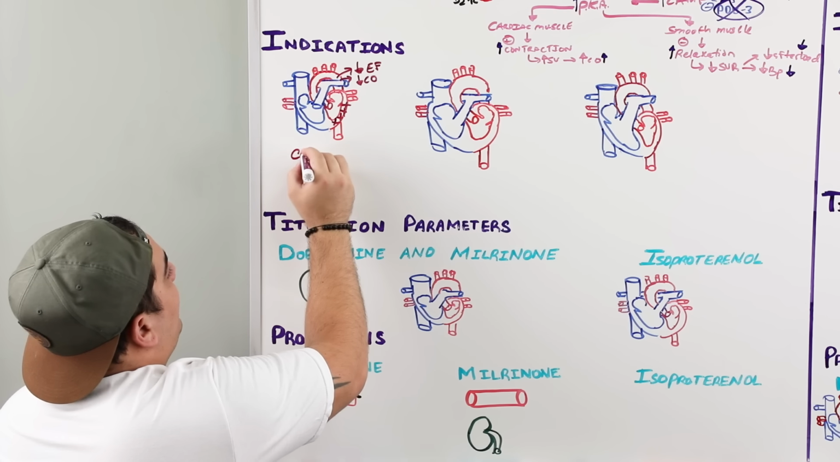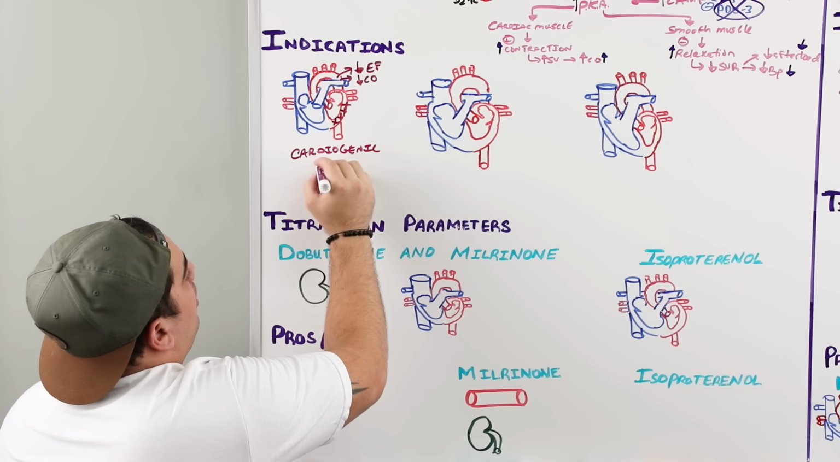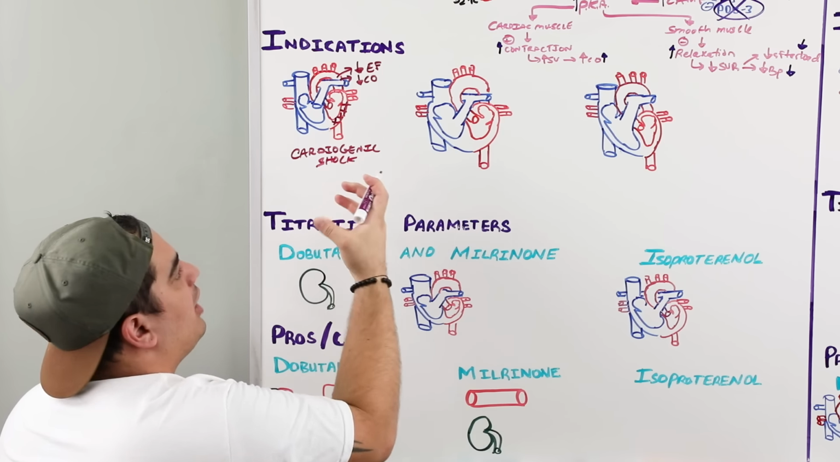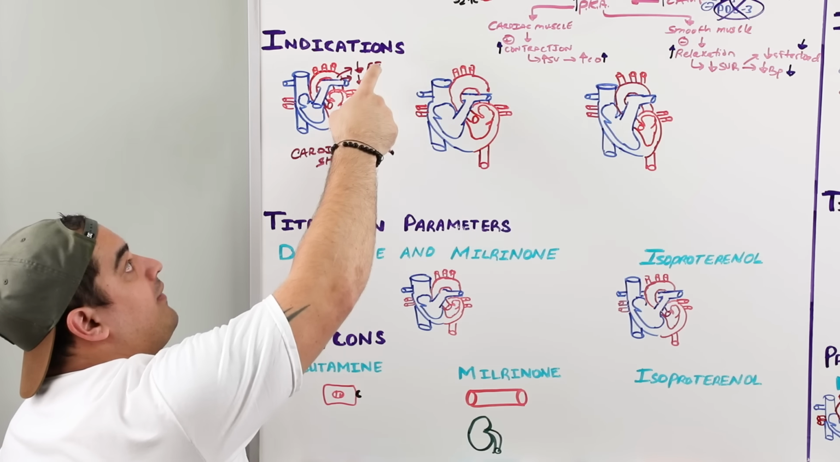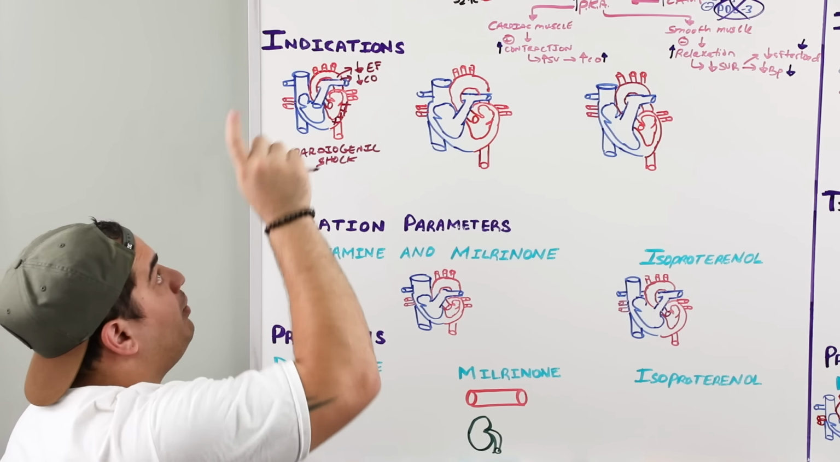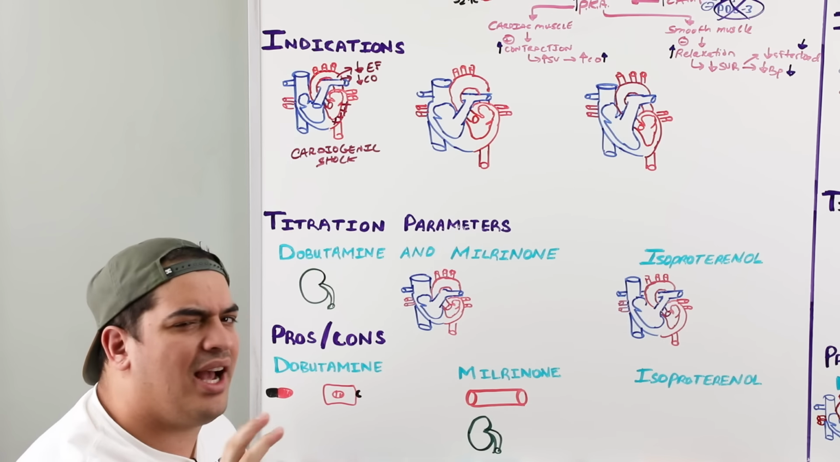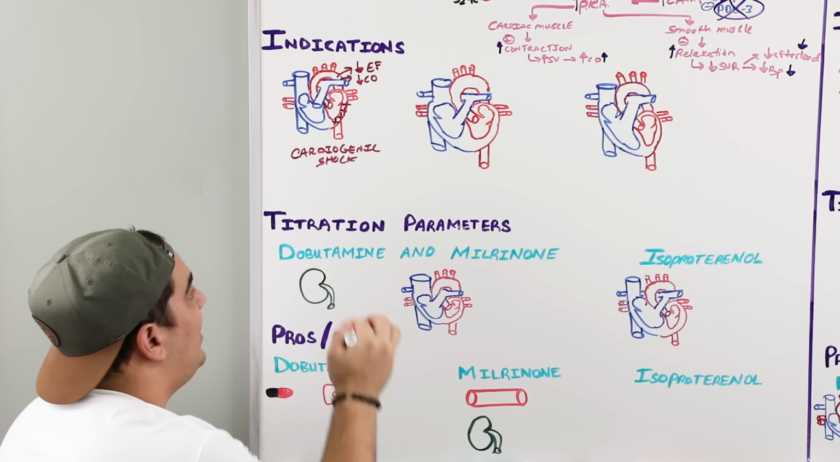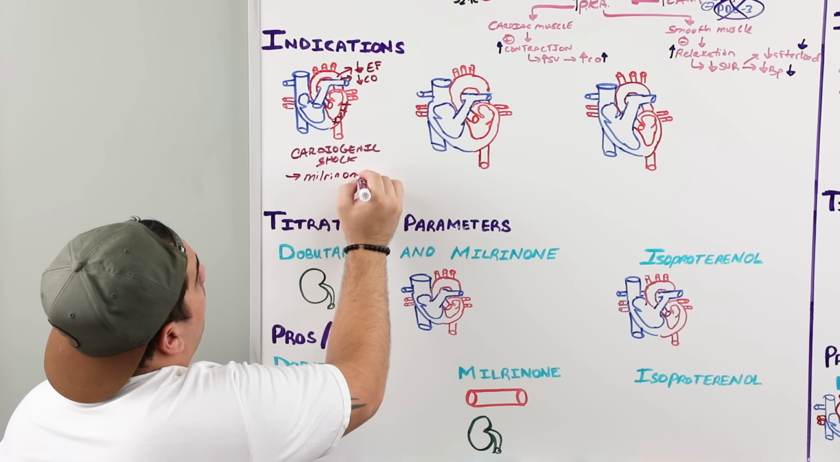So because of that, they have a cardiogenic shock. Their pump is not able to generate enough contractile force to push blood out of the heart. So they have a lower ejection fraction, a low cardiac output. I can give drugs like Dobutamine. I can give drugs like Milrinone. Very particularly, not as much Isoproterenol, but particularly which two drugs? Milrinone